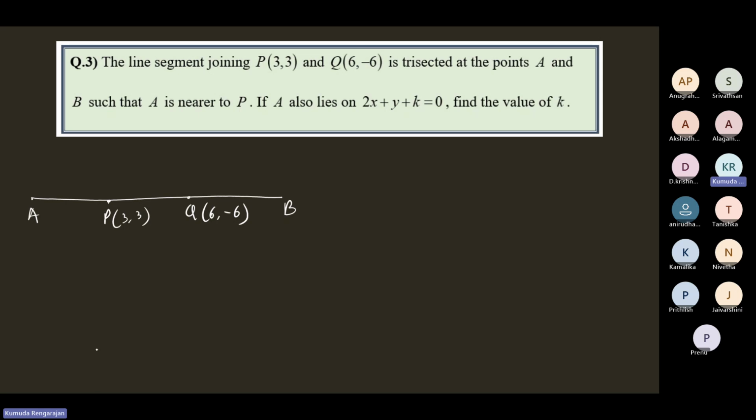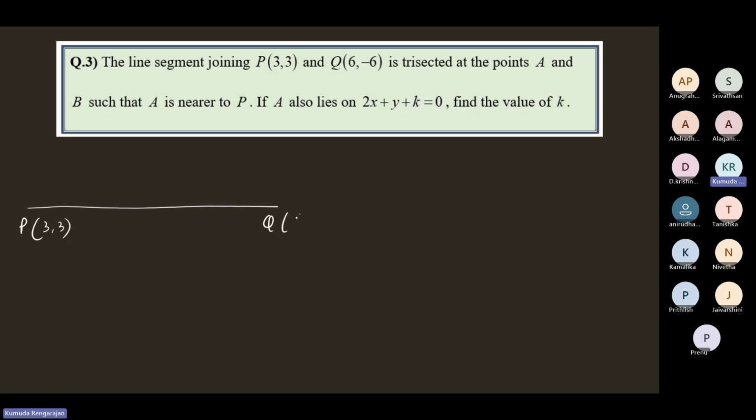Oh, sorry, the line segment PQ, I had a mistake. Sorry. The line segment is PQ, P(3, 3), Q(6, 6). It's trisected with the points A and B, and A is nearer to P. Okay, A is nearer to P. If A also lies on